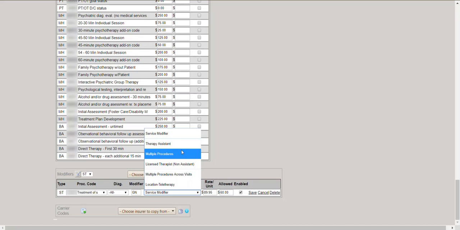Multiple procedures is utilized when there's more than one treatment selected in the same date of service, as in the modifier 59. Licensed therapist non-assistant really means if there's a licensed individual and you need a specific modifier for a licensed provider, then we'll go ahead and add that modifier to the claim. So if an assistant provided the service, then the modifier listed under licensed therapist, or that rule, would not apply